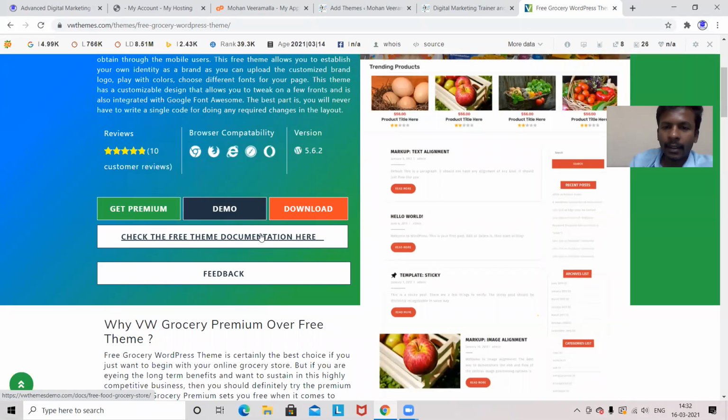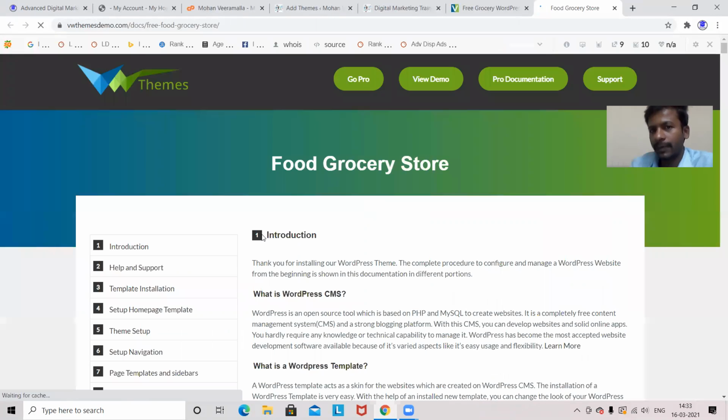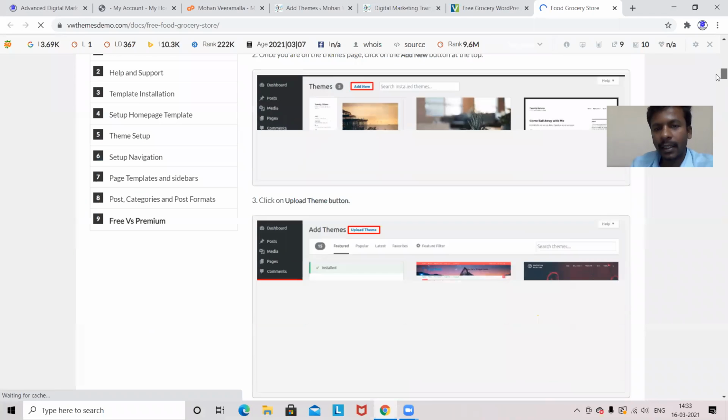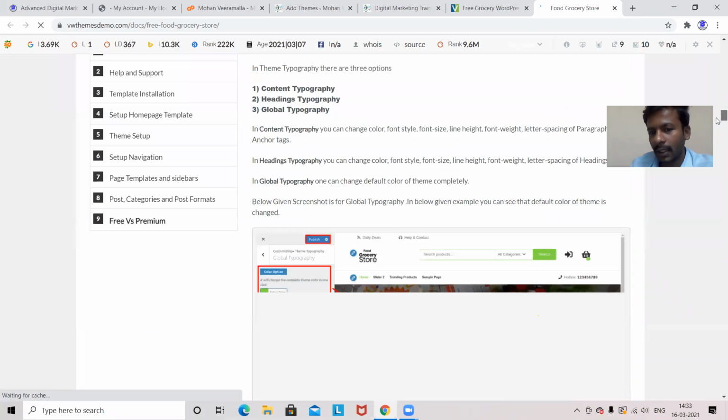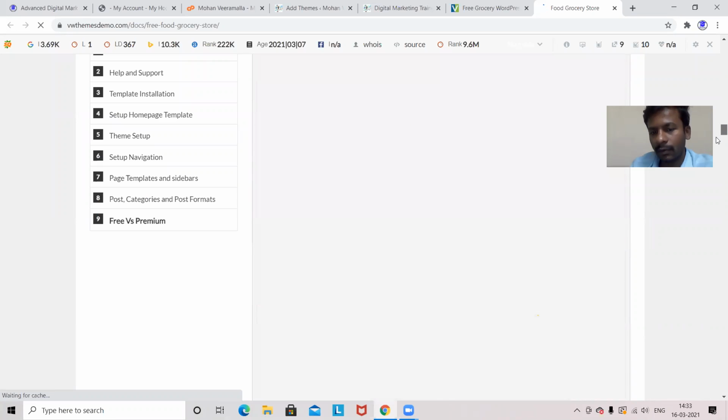What does this mean? For example, every theme in WordPress will have different designs and different layouts. So every theme will not be the same. If you have any doubts about designing, then you can check the documentation. For example, if I click on this documentation, they'll help me out on how to design every section of this particular website, like the menu part, the logo part, maybe the footer part. They'll try to guide me on how to design, how to do everything. Here you can see everything, they have documentation on how to do it.